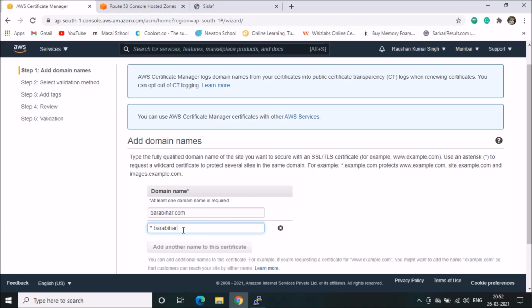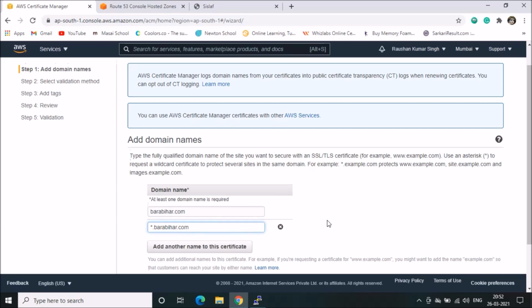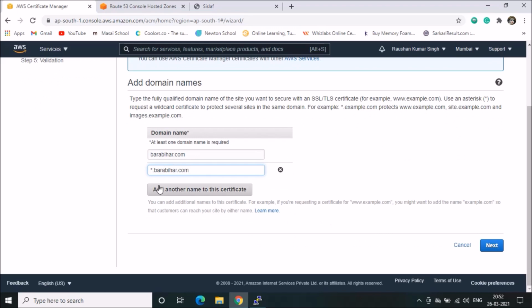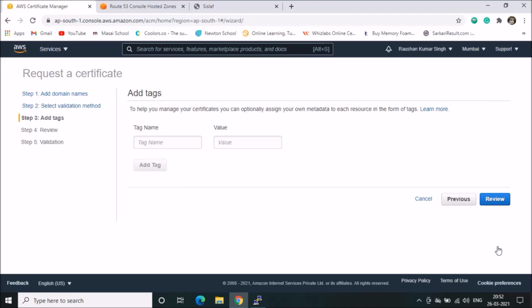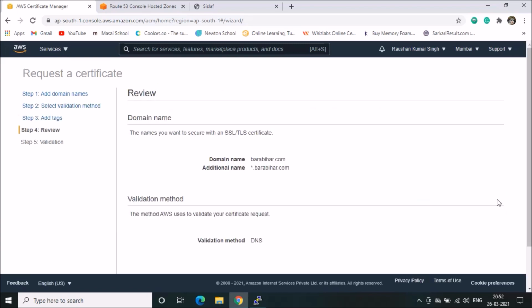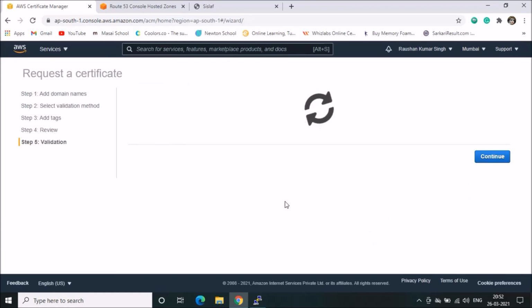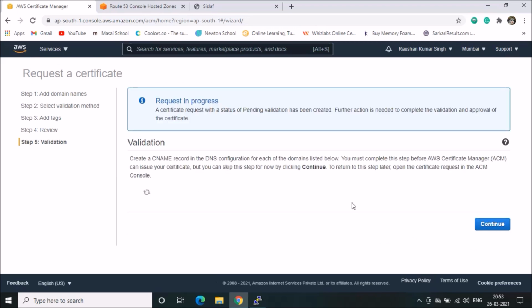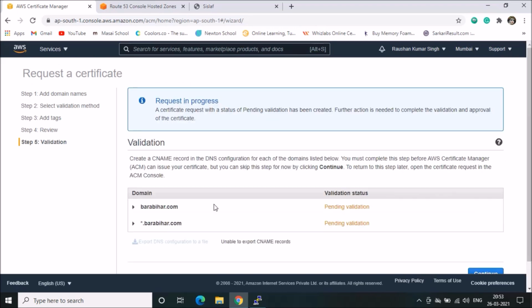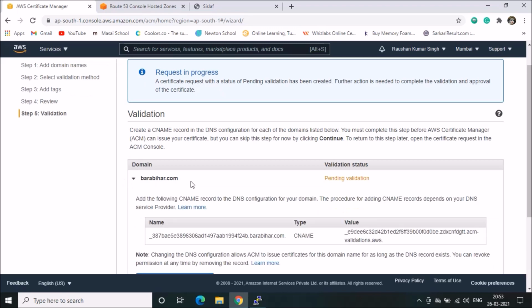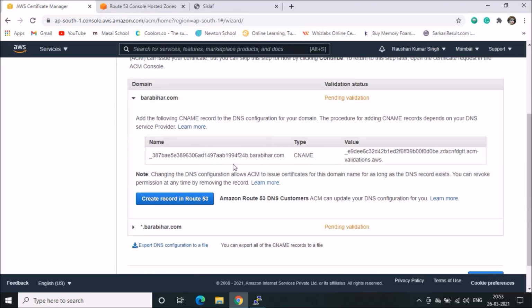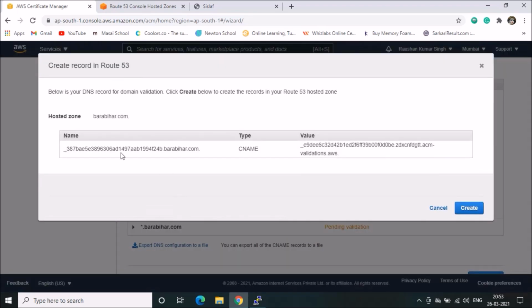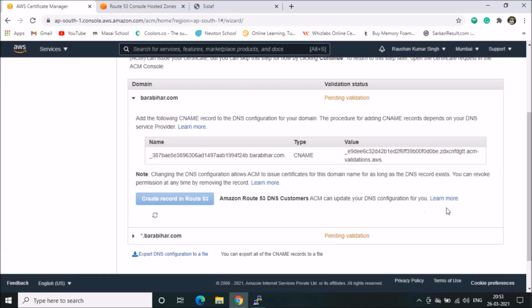Okay, so next, DNS validation, then continue and request. Then it is pending, so we expand it and click create record in Route 53.